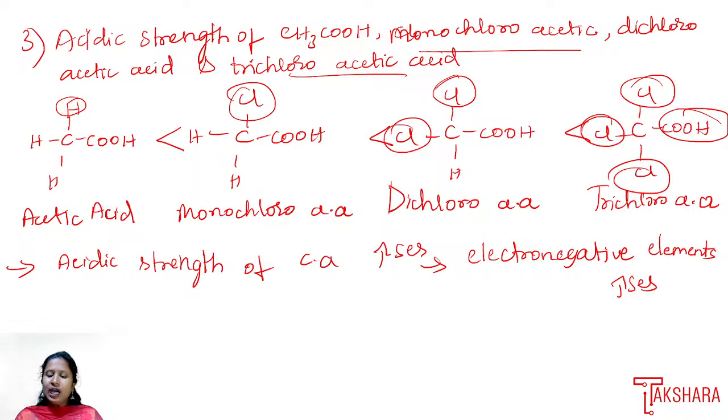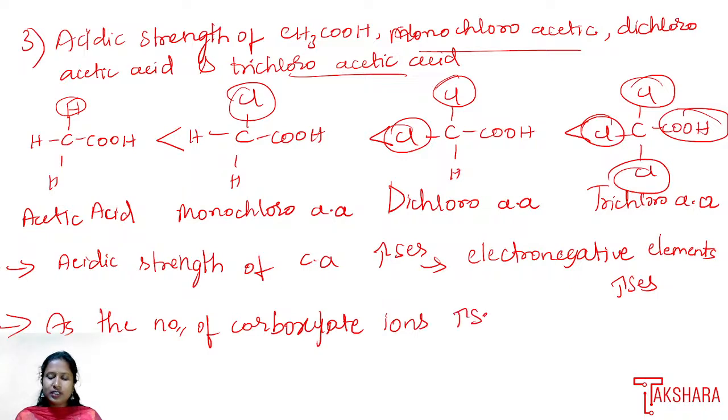Okay, so as the number of halogen atoms increases, the stability of the carboxylate ion increases. And another reason we can give: as the number of chlorine atoms increases, the stability of the carboxylate ion increases